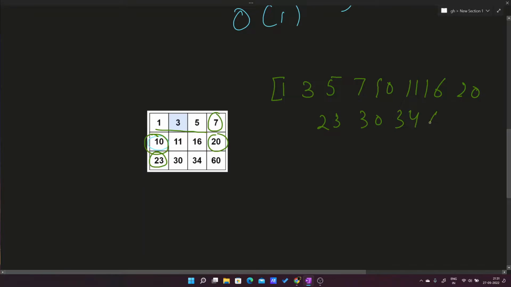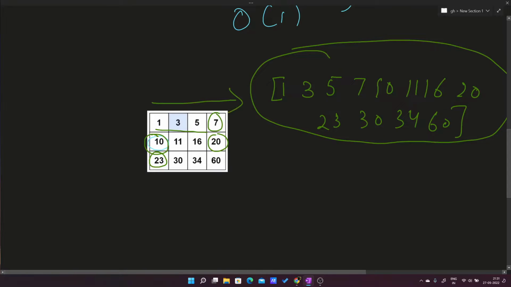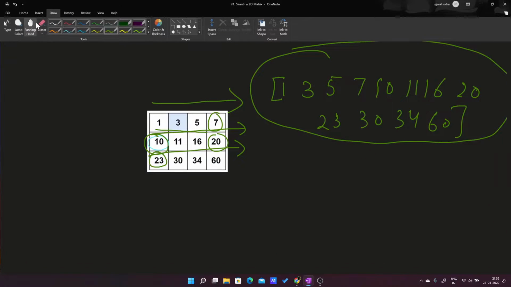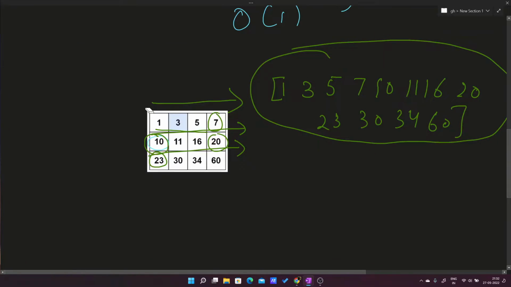That means my complete array is sorted. If I go from here, then here, and then here, I'll get a sorted array. If I apply a binary search on this array and search for the target, I'll get my value, and this will take O of log n